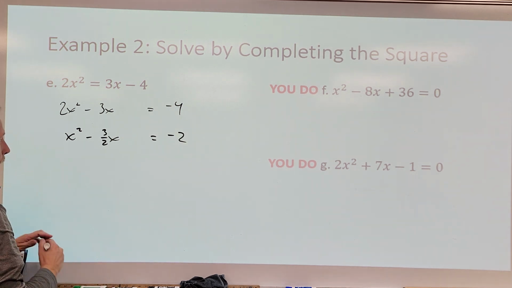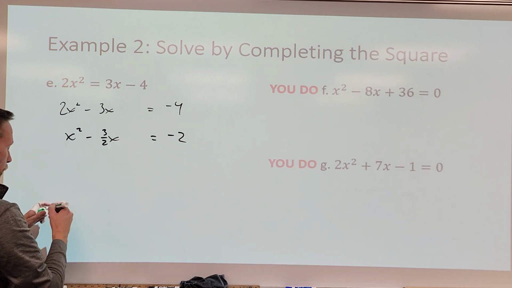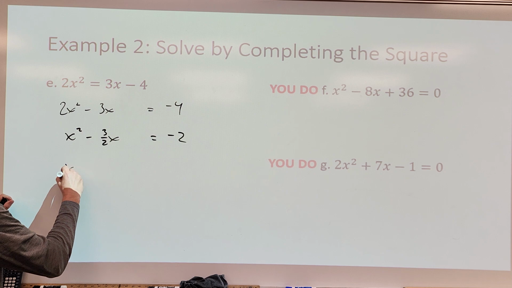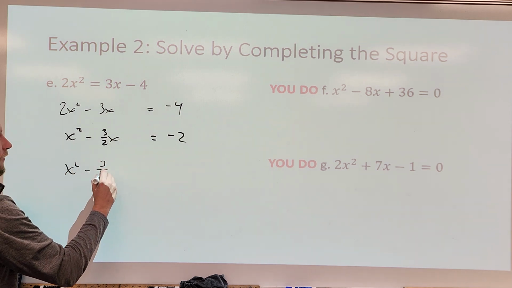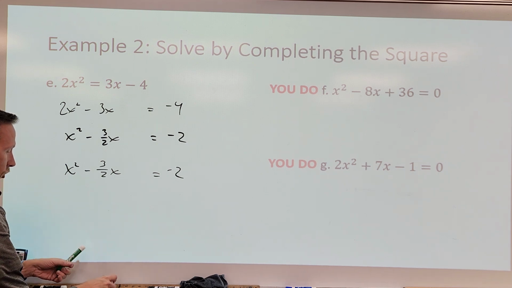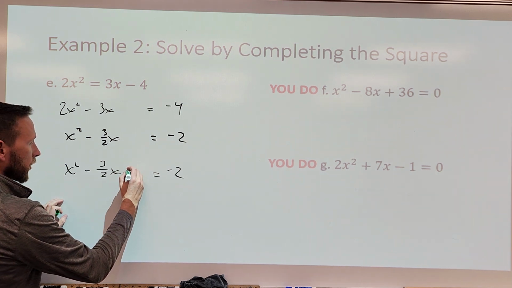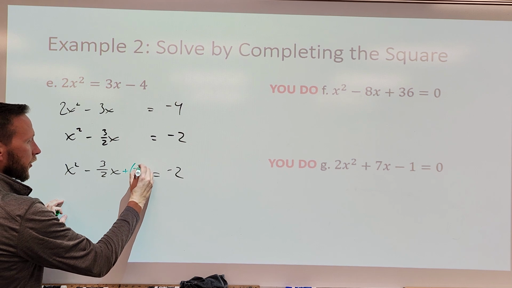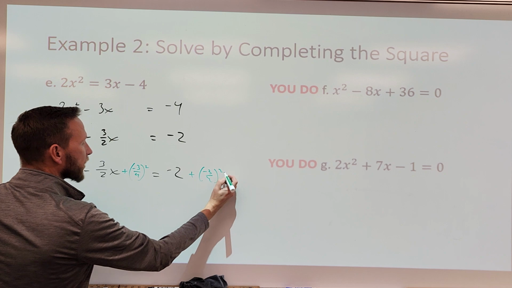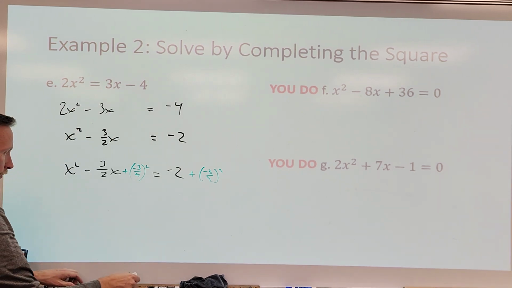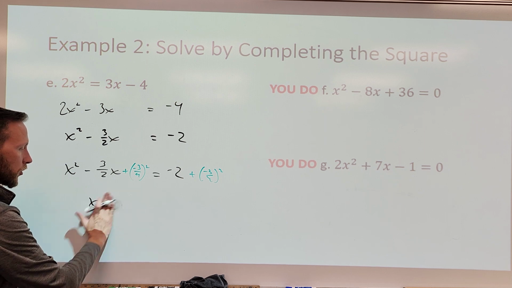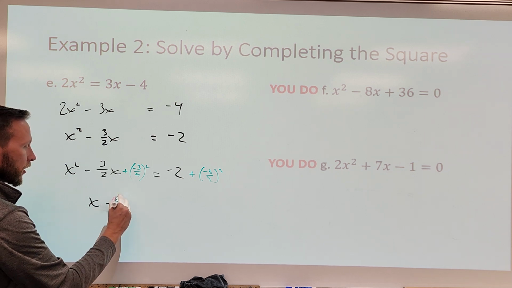Now for this part, I need to add on both sides, I'm going to rewrite this, sorry. I'm going to add on both sides half of negative 3/2, squared. Half of negative 3/2 is going to be negative 3/4, and that's what I'm squaring. That's what I'm going to add to both sides. And so, that thing that I squared is going to go in here,